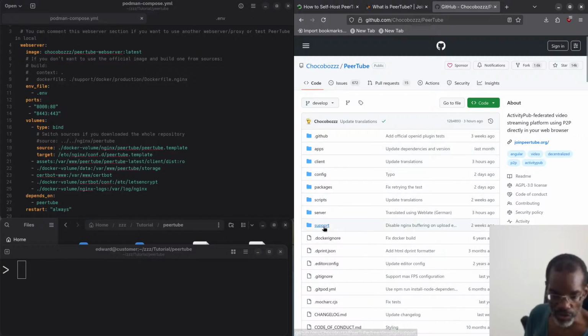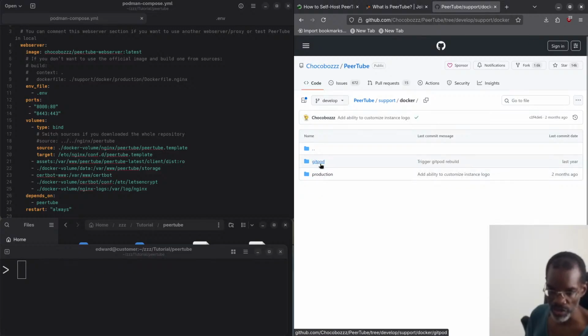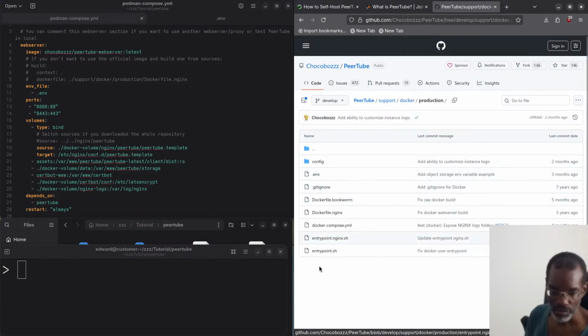Support. Well, support. And you see Docker. So support Docker. See, there's also Nginx, one API. So let's go to Docker here, and you see there's a Git pod. Oh, that's something I should actually review. And then there's production. So you see in the production here, you have the Nginx, you have the YAML file,